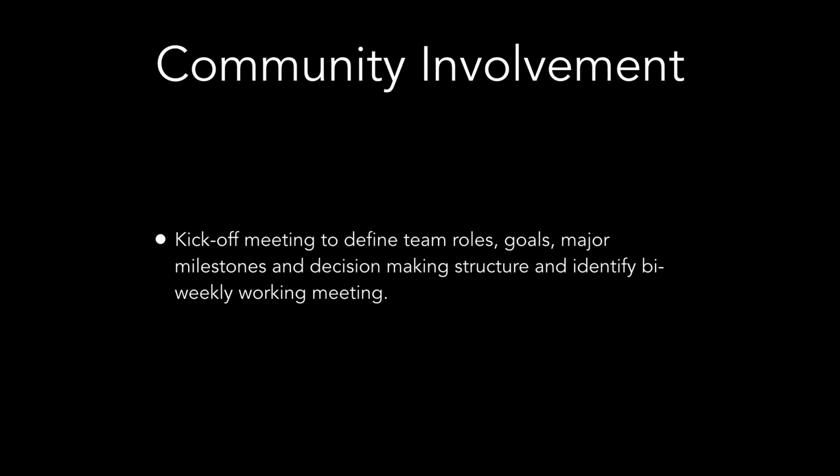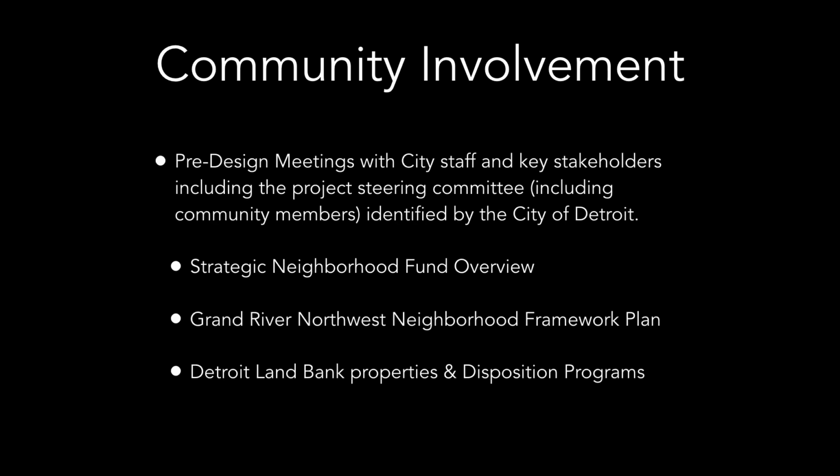So first off, there'll be a kickoff meeting, and this is just so everybody can meet each other, know what everyone's job is, and sort of figure out what this is going to look like. There's going to be a meeting where the city and relevant members of the community can come together and discuss all these sort of policy things like the Strategic Neighborhood Fund, the larger Neighborhood Framework Plan, and to talk to